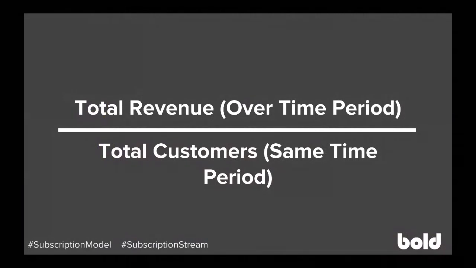Basically the formula is you would take your total revenue over a time period. Depending on how long your business has been around, if you can, say, go revenue over the past year or over the past 90 days, those are good time frames to look at. You take the revenue over that time period, and then you divide it by the total number of customers in that same time period. And when we're looking at the total customers, we want to make sure that we're looking at the total number of unique customers. If a customer comes back and buys multiple times from you in that year, we want to make sure we're only counting them as one customer. And you can get this data from Shopify, from the platform, as well as the revenue data, of course.